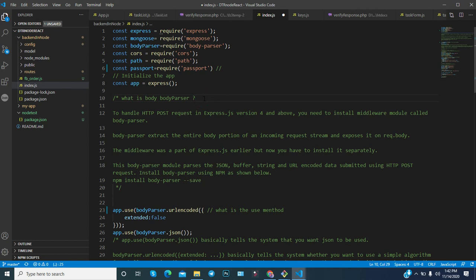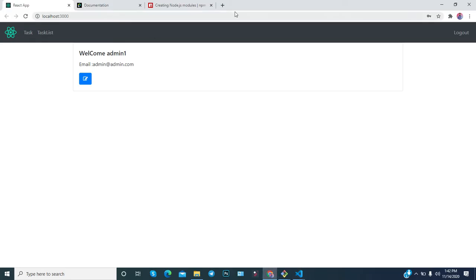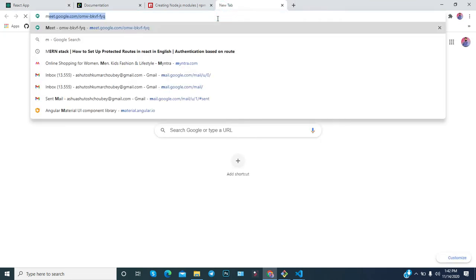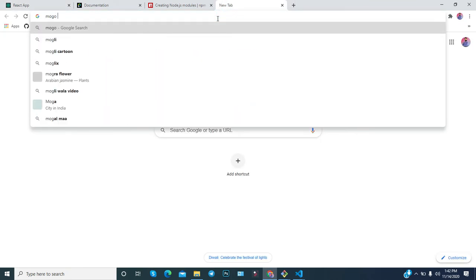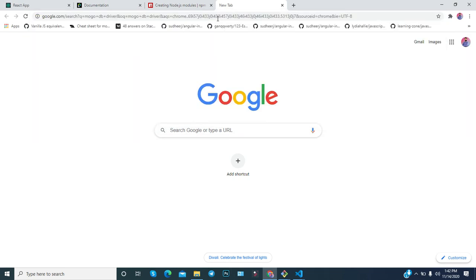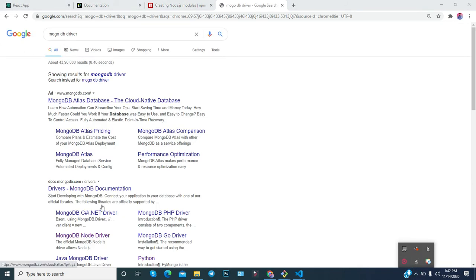Okay, the MongoDB driver. If you go to Google and type "MongoDB driver", just write it that way, and this page will open.